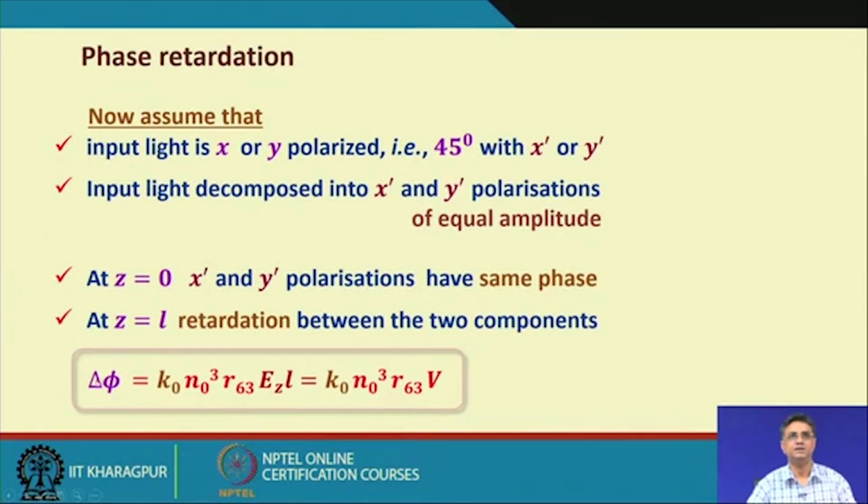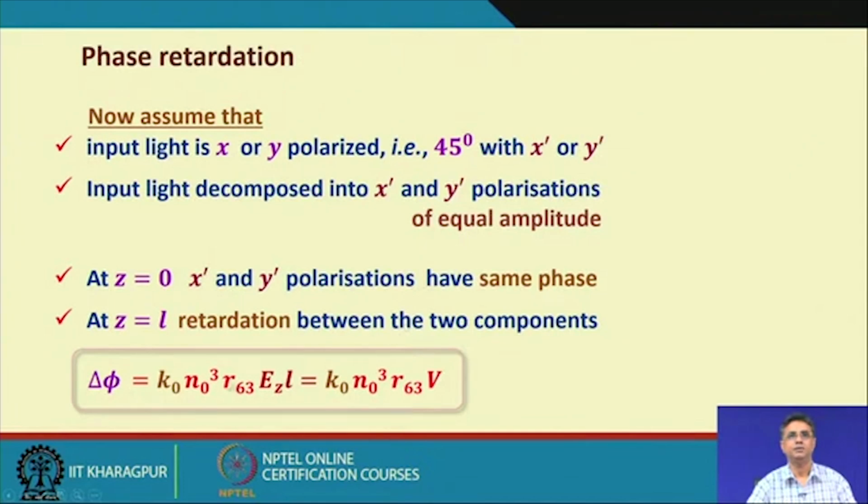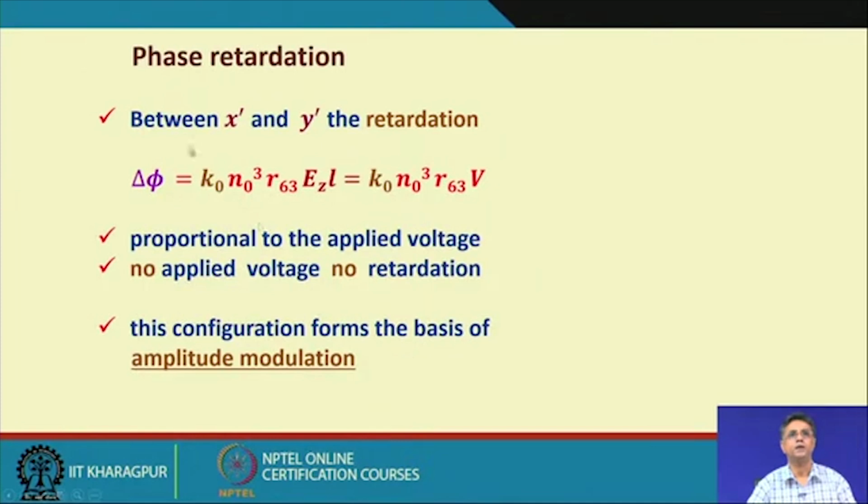So, in that case you will have this birefringence delta phi, which will be just the sum of these two quantities. This one is due to the y prime polarized light, and this is for the x prime polarized light. Right. So, we calculate the birefringence in this case, and between x dash and y dash the retardation